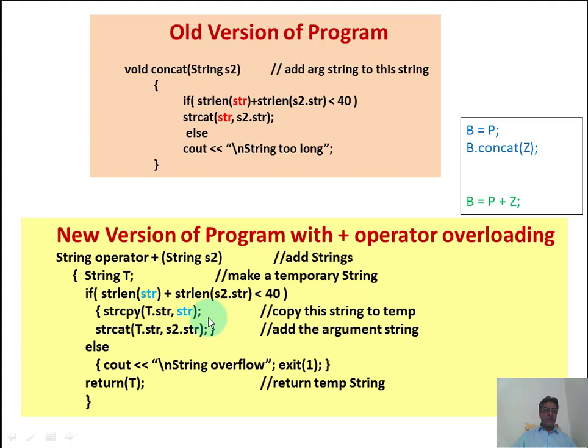Here we will perform the operation of concatenation and copying, and at the end the result will be returned back to the main program, to the right hand side, and that value will be copied into the memory of b using the default copy constructor. How this function works we will see in our later slides.